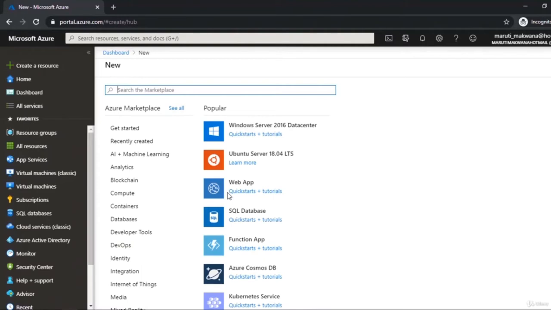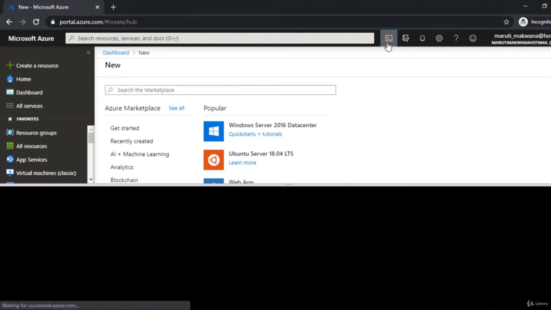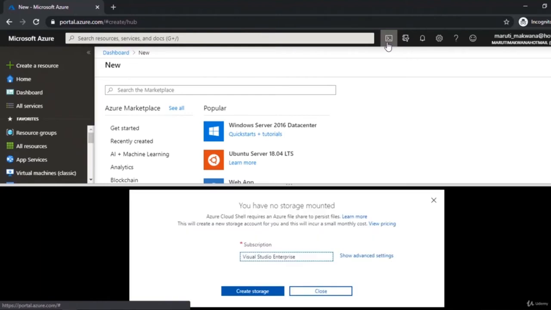Ultimately, this Azure Portal is nothing but a website, and one of the important features of this website is this button. You can see when I move my mouse on this top edge, it's showing me that we have something called Cloud Shell. If I click on this, it's going to open the bottom bar, in which I can connect with something called Cloud Shell, and I can fire scripting using PowerShell or Bash.